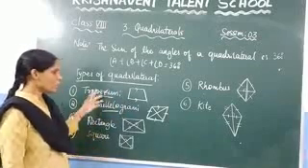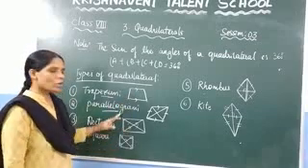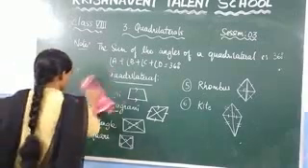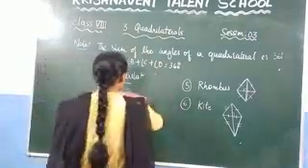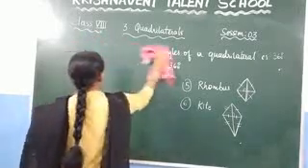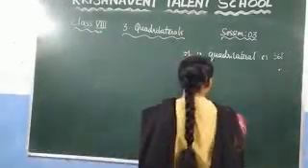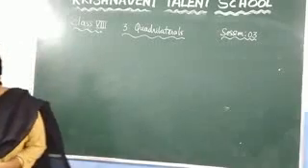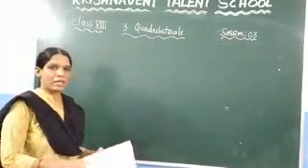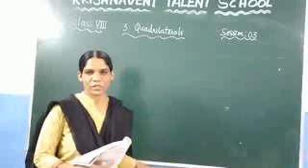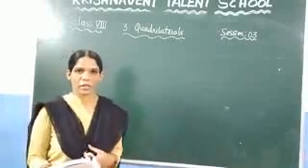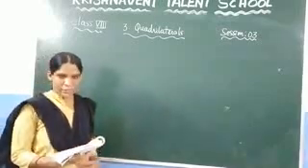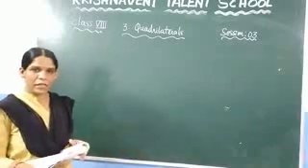Now we are going to discuss how to draw these types of quadrilaterals. Now see it here. The first one we are going to discuss is when four sides and one angle are given. Suppose you are given four sides and one angle, how do you draw a quadrilateral? That we are going to discuss in exercise 3.1, and in the next exercises we are going to discuss by taking different measurements.